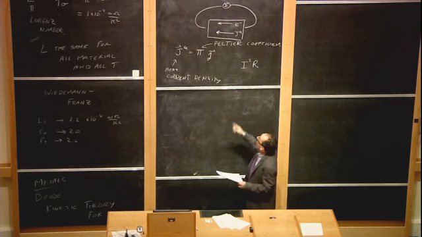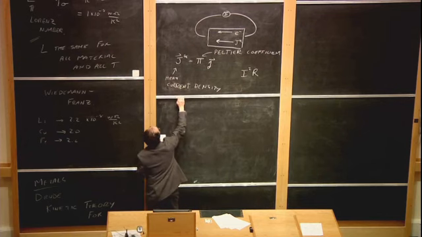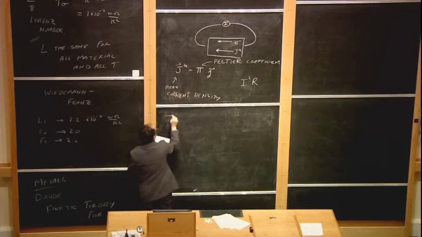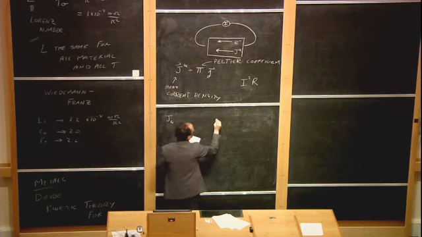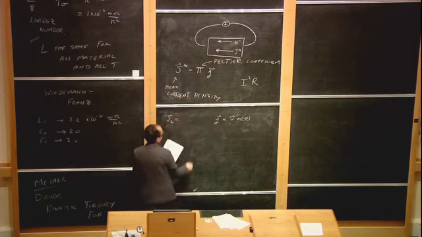All right, anyway, we're going to try to calculate this Peltier coefficient. How do we do that? Well, we have the heat current density, JQ, and we have the electrical current density. Well, we know what the electrical current density is. It's the velocity the electrons are moving, the density of the electrons, and the charge on the electrons. The heat current density is very similar.